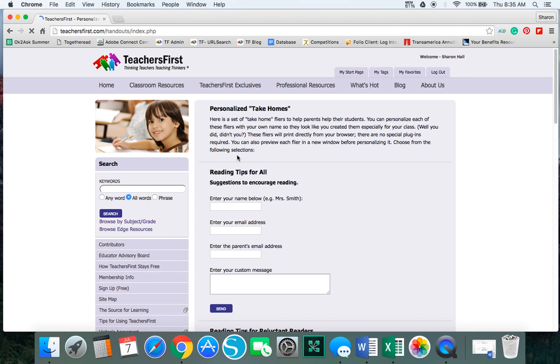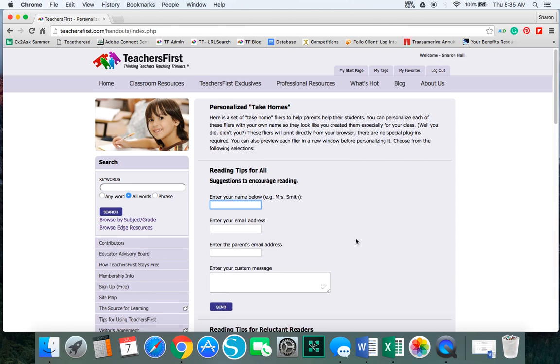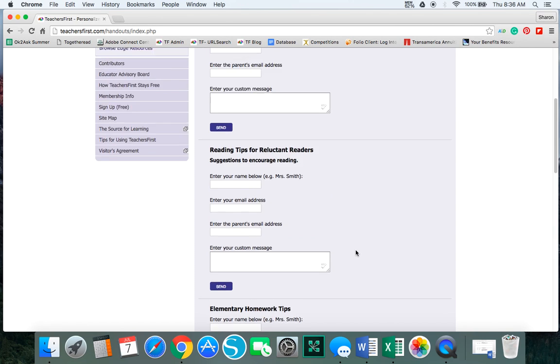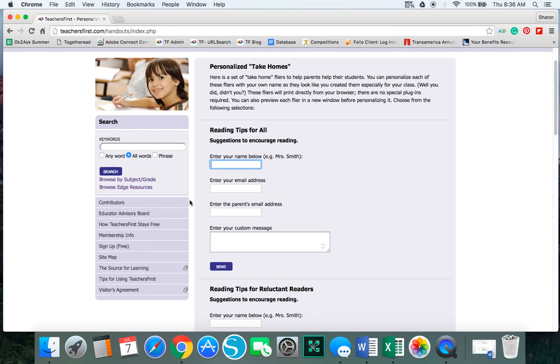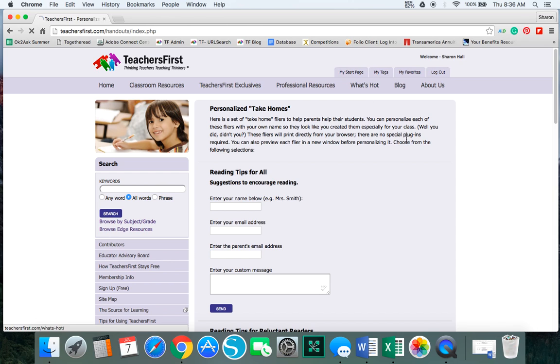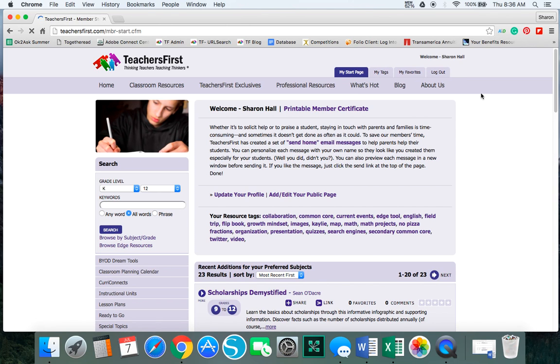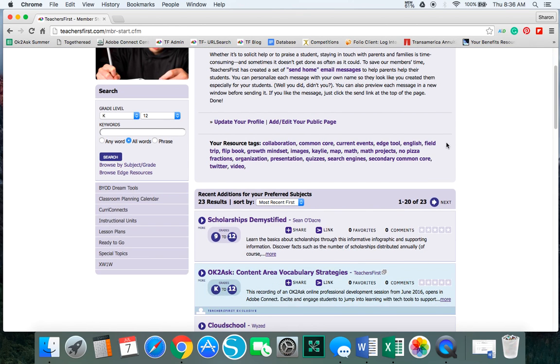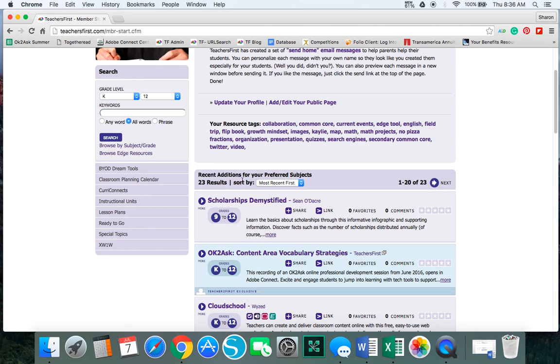If I want to send another one, I can just go here. And again, there's several different choices there for you to do. I want to go back though to my start page and see what else is on there. One thing you'll notice is that there are several results down here, 23 additions, and it says they're recent additions